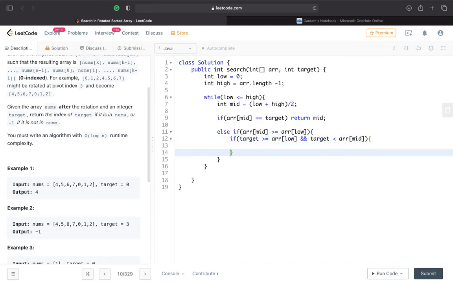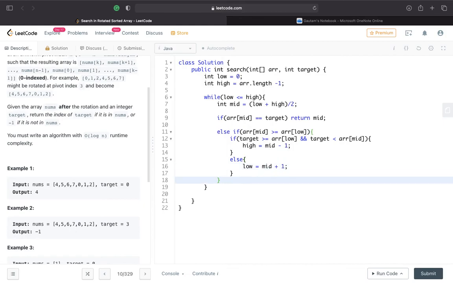If that's the case, we'll move to the left hand side, which we'll do by high equal to mid minus 1, because that means the element, if present, will be on the left hand side, right? If not, then we'll go to the right hand side. We'll simply do else low equal to mid plus 1, right? And now this part handles the case where the left side of the middle element is sorted, and if the right hand side is sorted, we need to do some more computations like this: else if